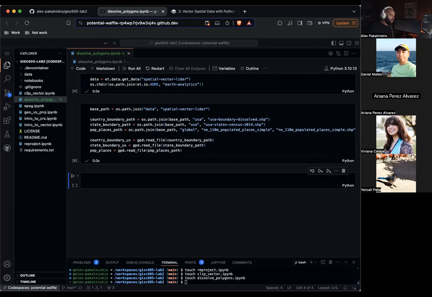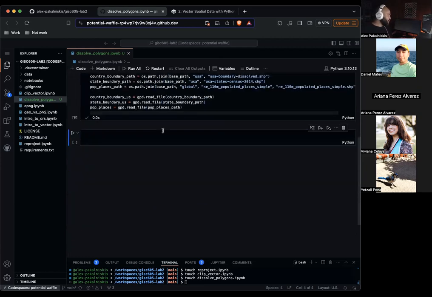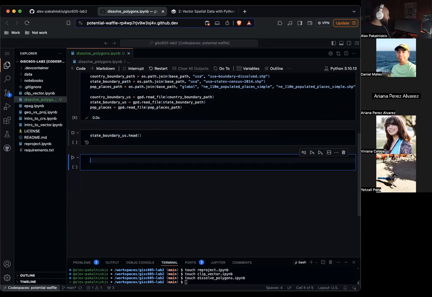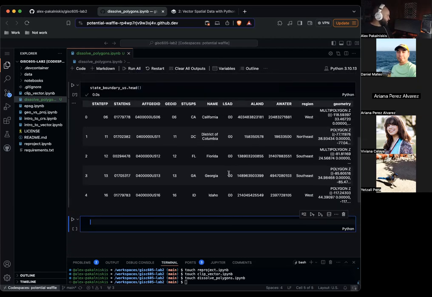We saw regions like west, northeast, south. Let's take a look at those again. state_boundary_US.head. So you can see we have a list of states, and the region is a categorical label applied to them. So let's dissolve based off of region.